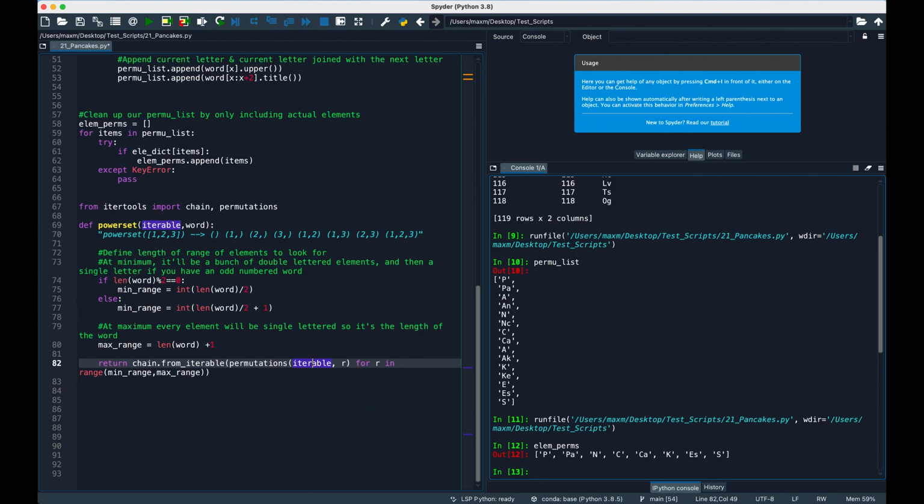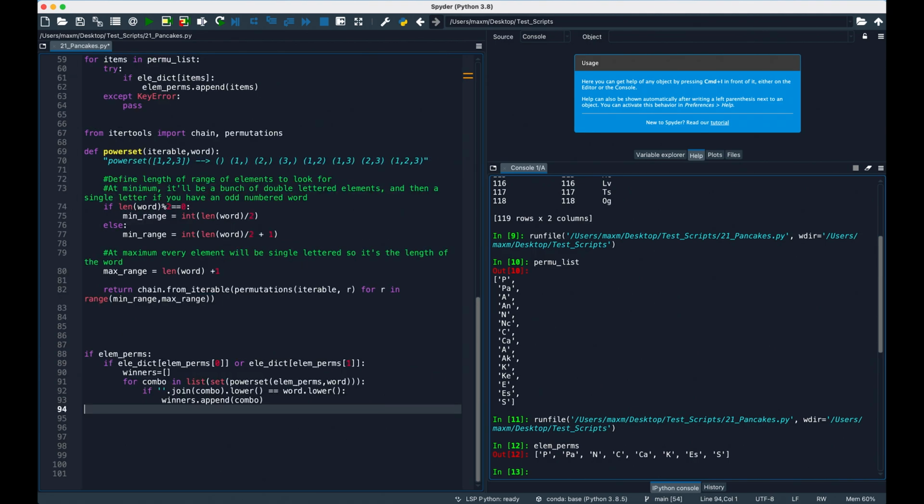First, we can check, does lmperms have any values? If it's empty, well then there's no reason for us to even continue with this. Then we can check if the first 2 entries of lmperms are actual elements. Since the entries in lmperms are in order, there's no use proceeding if the first letter of the word or the first 2 letters of the word are not elements. So here are those 2 conditions we were talking about,